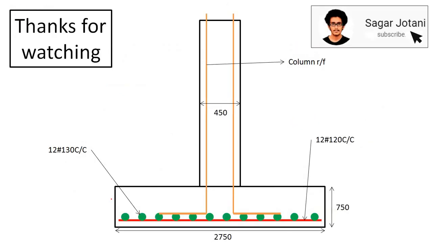Here you can see the cross section. The red reinforcement is the distribution reinforcement or the minimum steel, 12 at 120 center to center, and the main reinforcement is in green color. The brown reinforcement coming vertically from the column will rest on the top reinforcement of the footing, and this column reinforcement will be tied with the stirrups. So here we successfully complete the